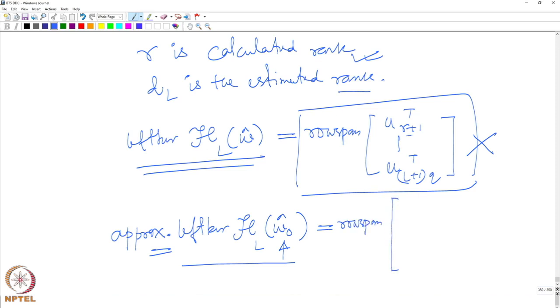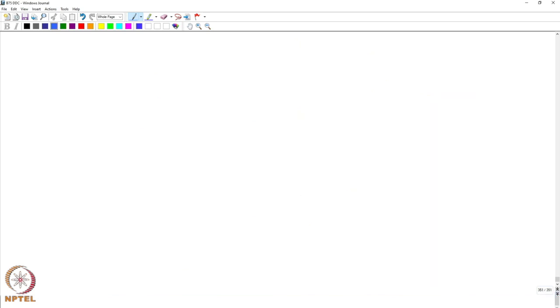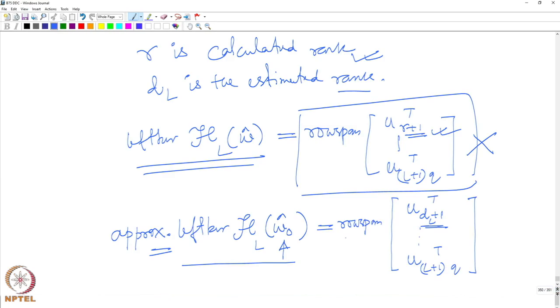Instead of looking at U R plus 1, I will still look at U DL plus 1, the estimated true rank transpose and so on, U L plus 1 times Q transpose. I start from this number instead of this number. Why should this give me an approximate left kernel of the original data? Because I am going by the assumption that, first thing to notice is that this row span